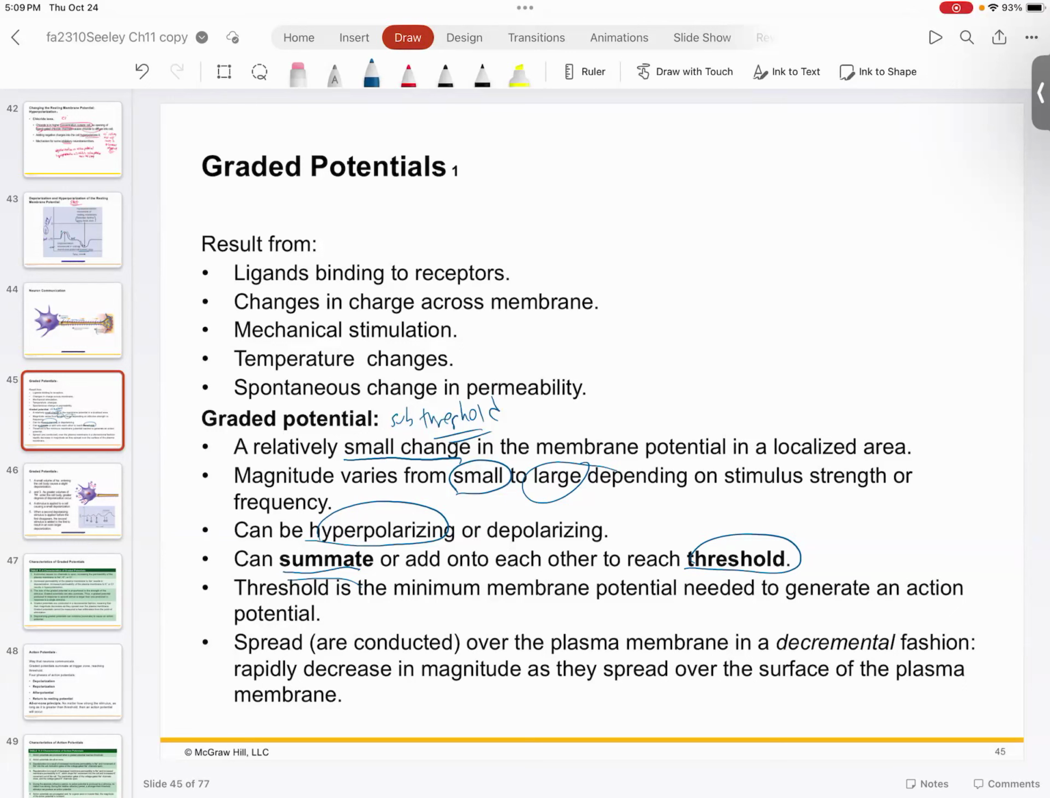So the threshold is the minimum. It's your bottom layer. It's your barrier. It's your point that you have to get to in order to open up all those sodium channels and get your action potential to ignite. Think of the concept of a threshold and a graded potential, sort of like when you're tipping over a domino, right? So basically, if I have a domino with something like this,